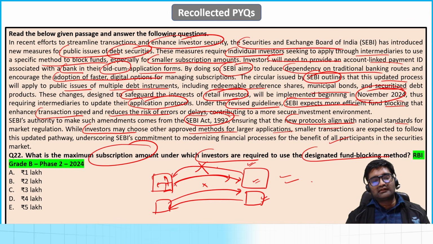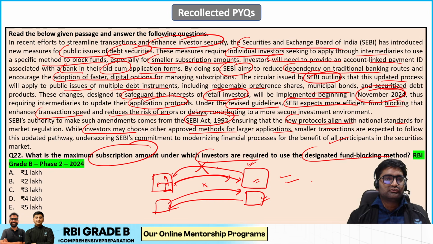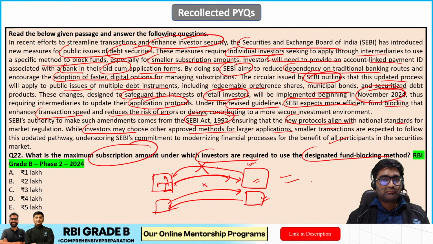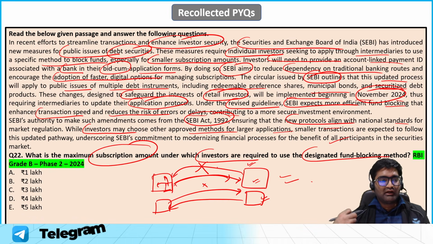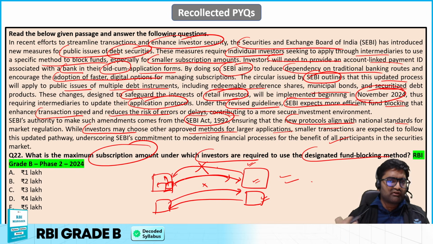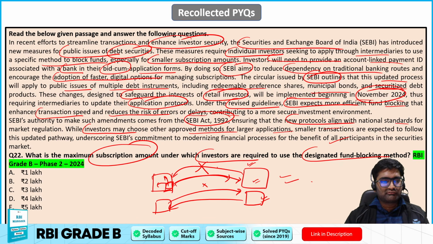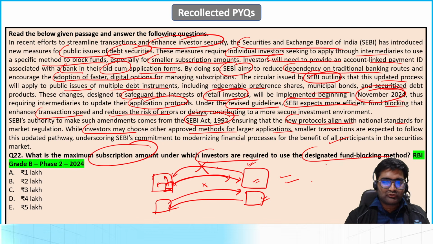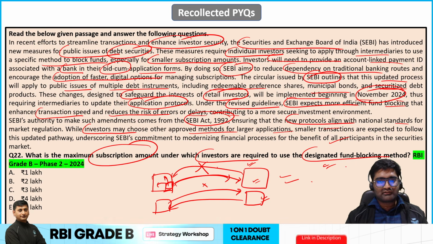and just with this transfer and coming back, you have lost your interest on that amount for 1 week, and also you have blocked that amount with another entity for 1 week. Instead, it will be blocked in your own account. If you have got the allotment, the money will be transferred, otherwise no. That is the thing. So the maximum subscription amount under which investors are required to use this designated fund blocking method